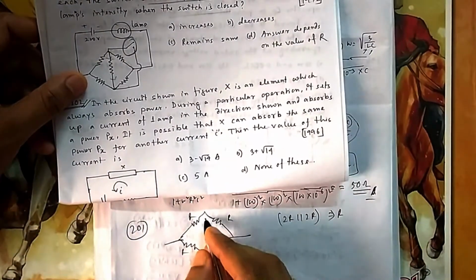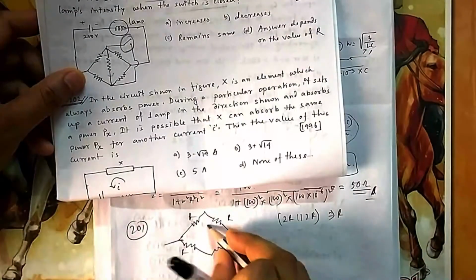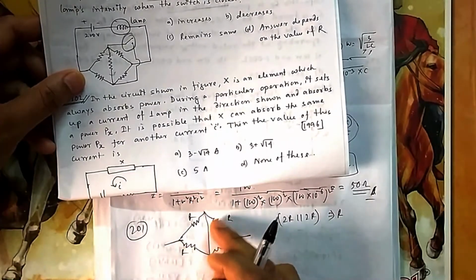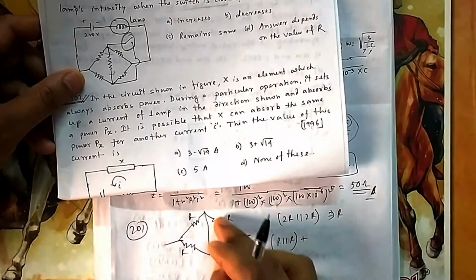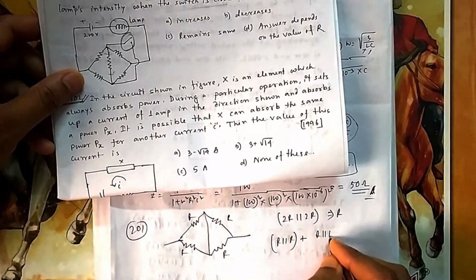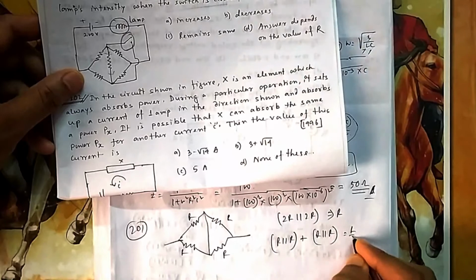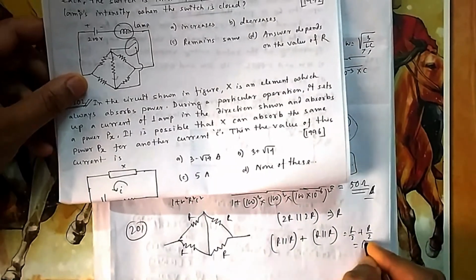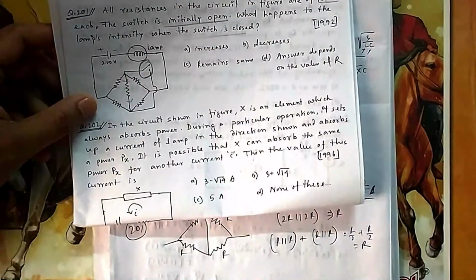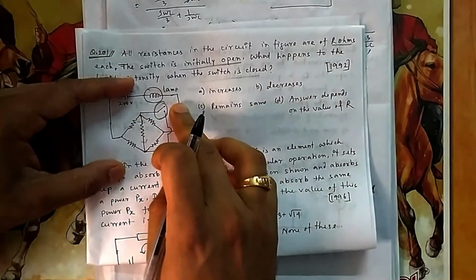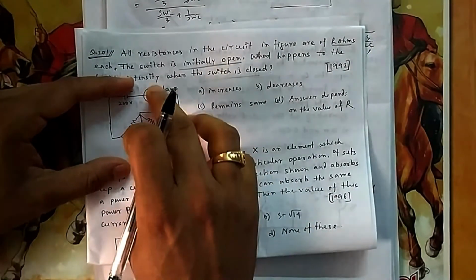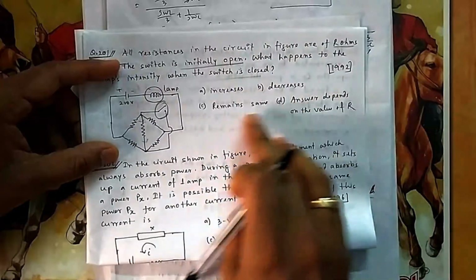Now suppose I close it. What will happen now? Now these and these are in parallel. So R and R in parallel, which is in series with this R and R in parallel. So you can see R by 2 plus R by 2, so it still remains R. So there is no change in the resistance even if you short it. Because there is no change in the resistance, the lamp intensity will not change. The current will not change. Once the current does not change, the intensity of the light will remain the same.